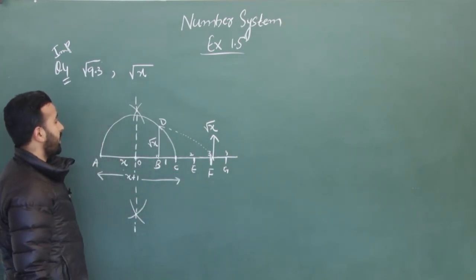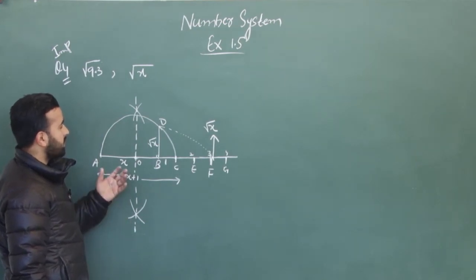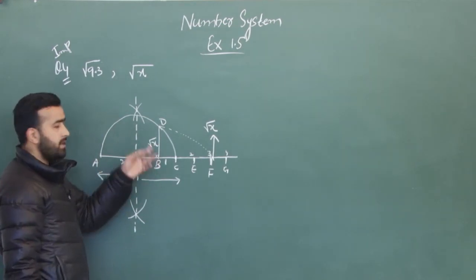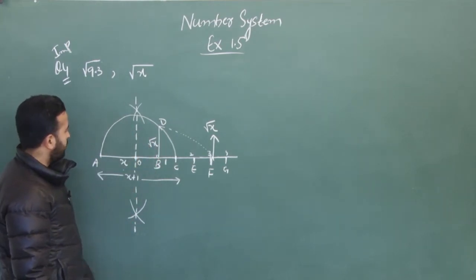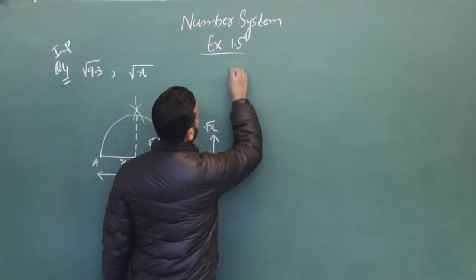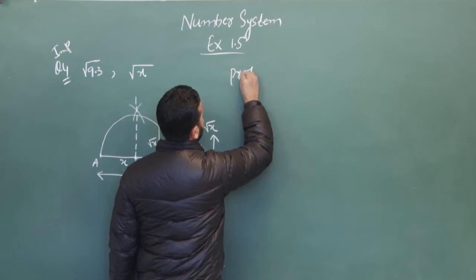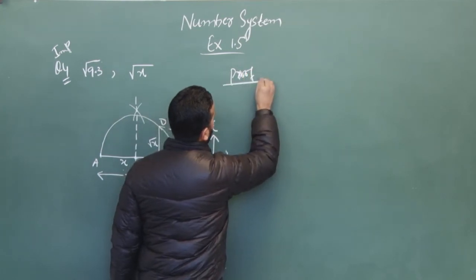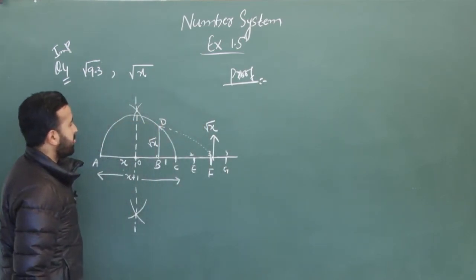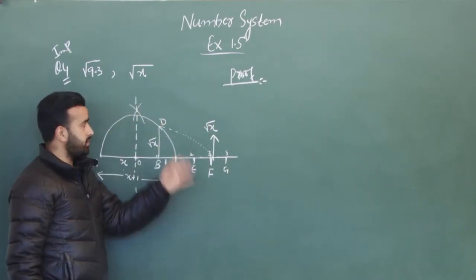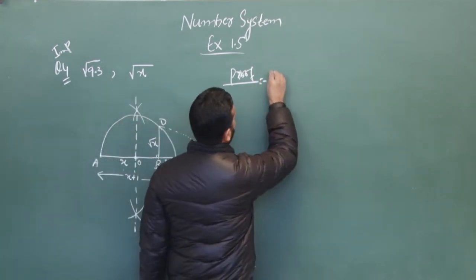Now let us try to analyze this concept mathematically. What is the mathematical justification for this, whether BD is really equal to the length of root of x? For that, we have to take the mathematical proof. So that was the geometrical interpretation. Now we have to take the mathematical justification for this step. So here we can write simply,